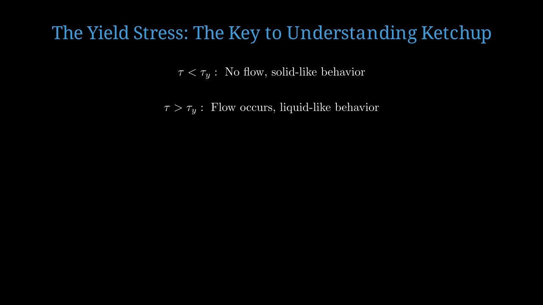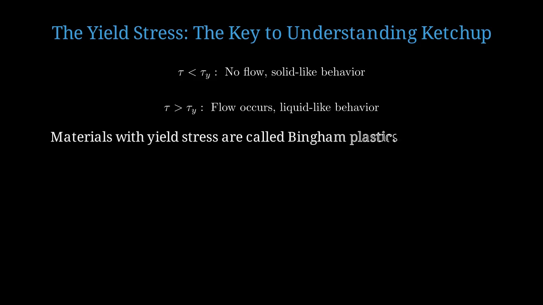The yield stress is the minimum stress required to initiate flow. Below this threshold, the material behaves like a solid. Above it, the material flows like a liquid. When the applied stress tau is less than the yield stress tau sub y, there is no flow. The material remains stationary, behaving as a solid. When tau exceeds tau sub y, flow begins and the material behaves as a liquid. This binary transition is what creates the all-or-nothing behavior we observe. Materials exhibiting this behavior are called Bingham plastics, named after Eugene Bingham, who studied these materials in the early 20th